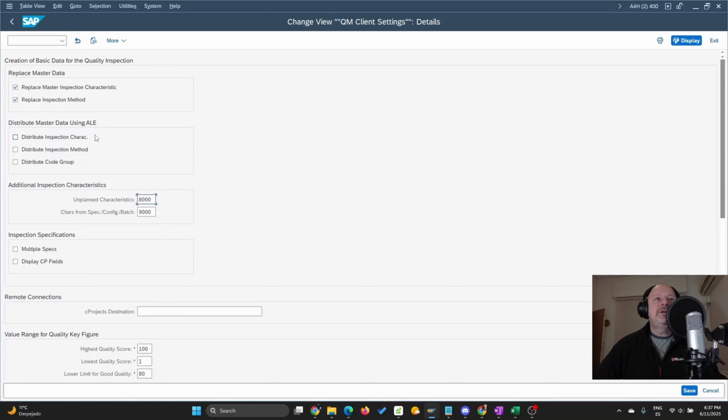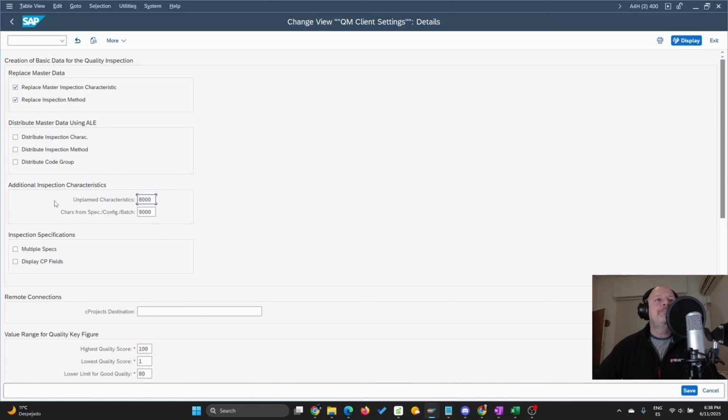This is for distributing the master data using ALE, okay? It's not necessarily part of the scope in our scenarios, but if you have a transmission of the data to an external system, for example, you will need to activate this to distribute those values. Sometimes you have a LIMS system and you need to send the characteristics. Sometimes you don't, because the LIMS is handling everything and you just receive the user decision, for example, depending on